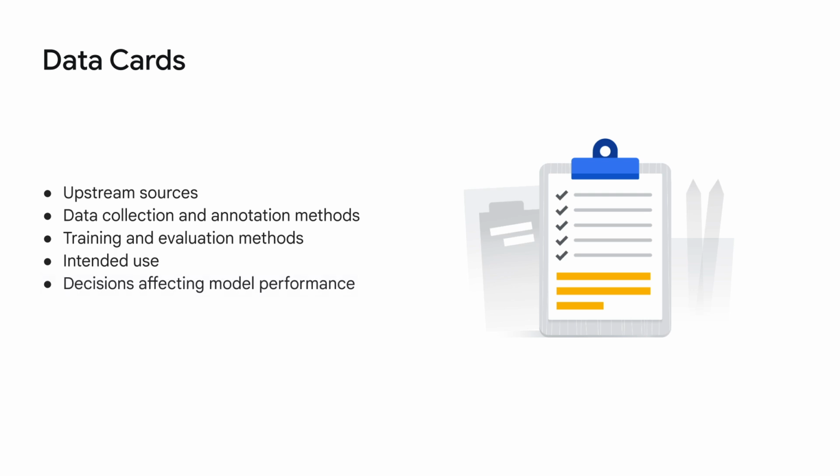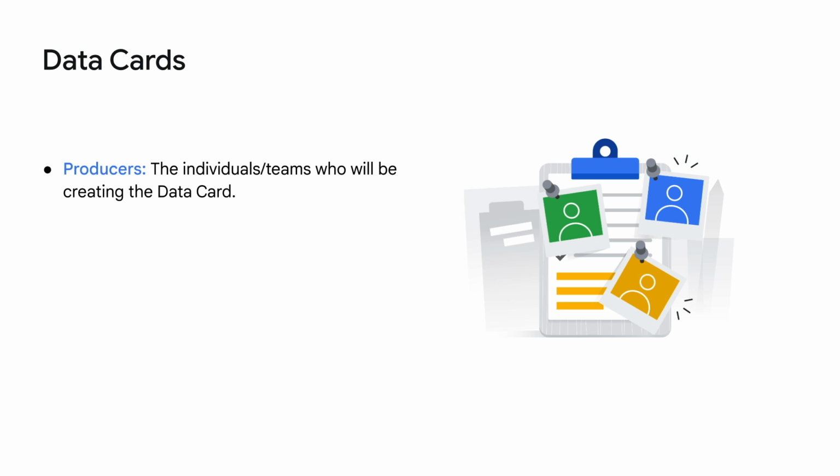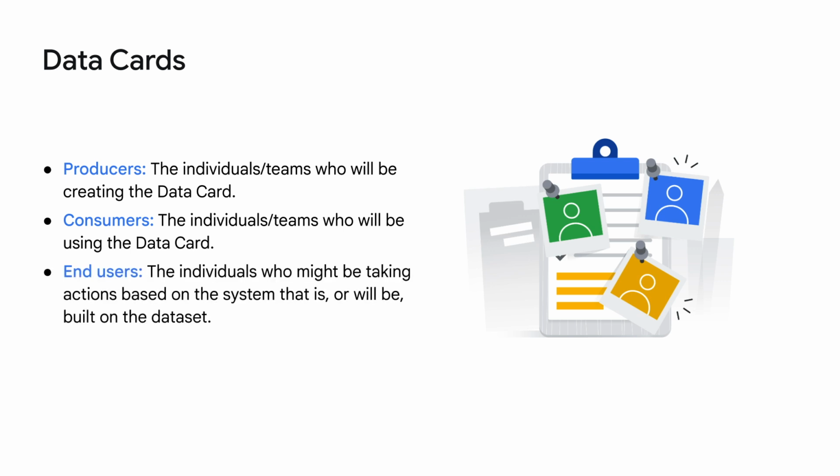Decisions affecting model performance. When creating documentation for the data that you use, be sure to involve the whole team. This will ensure you ask all the questions that you need to understand about your data, and that you include clear and actionable answers to these questions in the data card. You should also involve the following roles when interacting with the data card. Producers, the individuals or teams who will be creating the data card. Consumers, the individuals or teams who will be using the data card. And end users, the individuals who might be taking actions based on the system that is, or will be, built